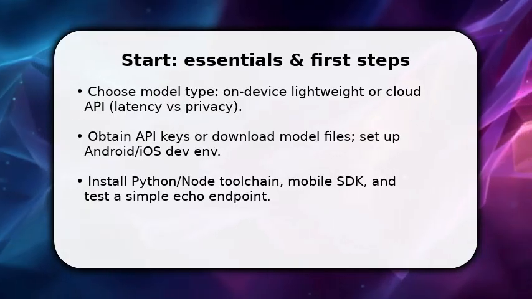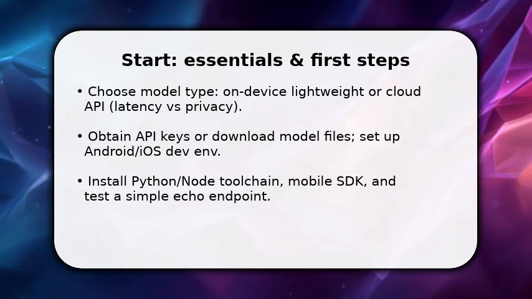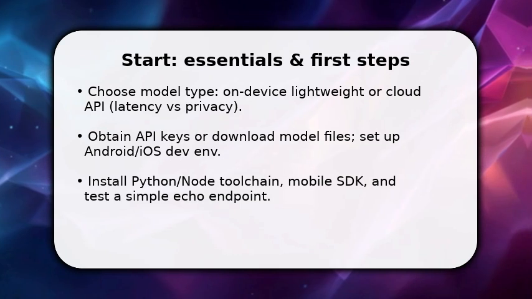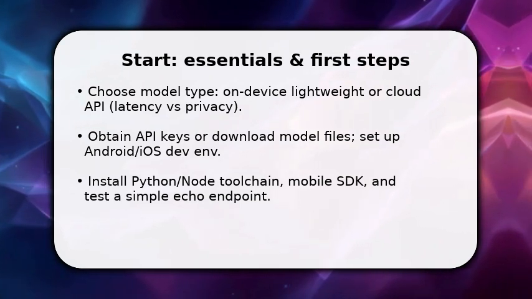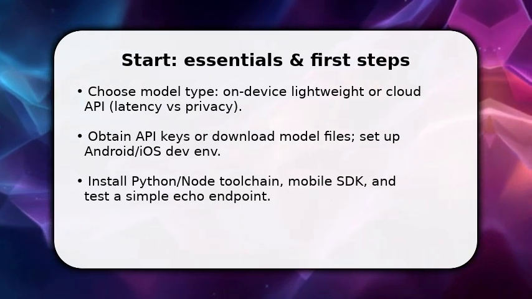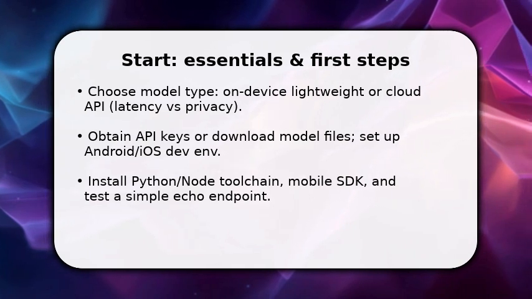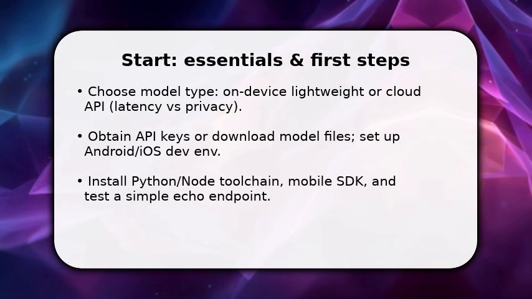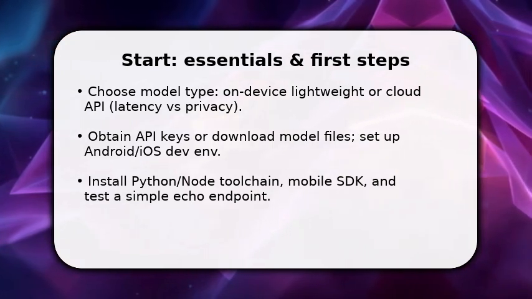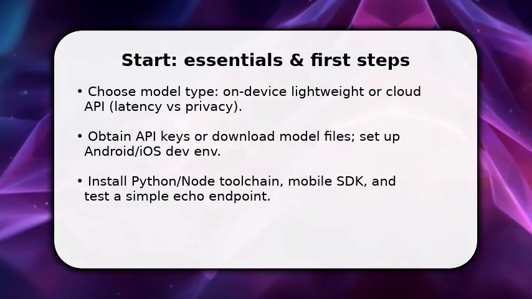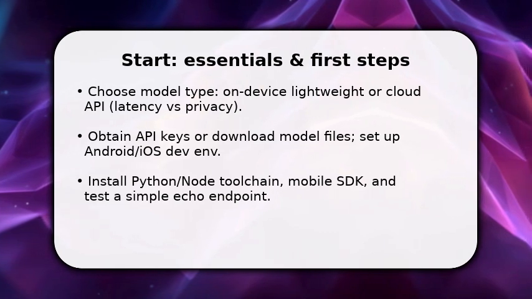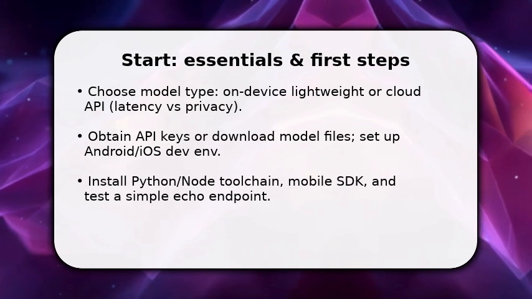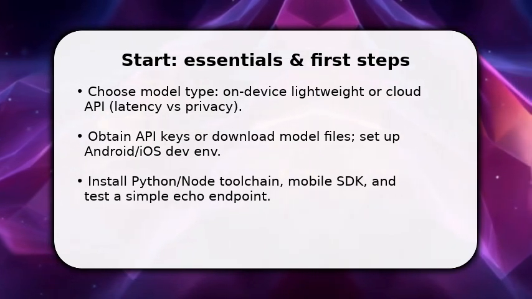You begin by picking the right architecture: on-device for privacy and offline use, or cloud API for stronger models and less battery drain. Once decided, get API keys or download model binaries, then install the mobile SDK and your Python or Node toolchain. Start with a minimal proof of concept: a simple Echo endpoint on your phone that sends a prompt and returns text. This early success proves connectivity and lets you iterate quickly while avoiding wasted work on UI